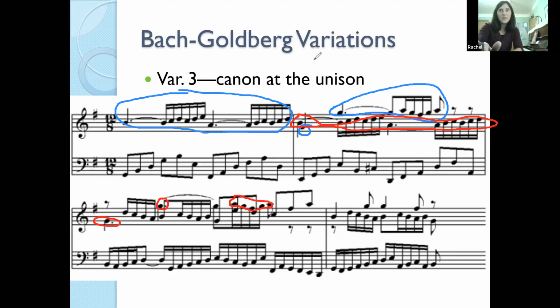So that means the rest of it, the right hand, is going to be our leader. Essentially these ideas are going to be our leader. Hopefully this isn't too confusing for you. Whatever our leader did here, we're expecting to see the follower do here, and whatever's left is going to be our leader. So let me try to circle that. We're looking for whatever was blue here to be red here.